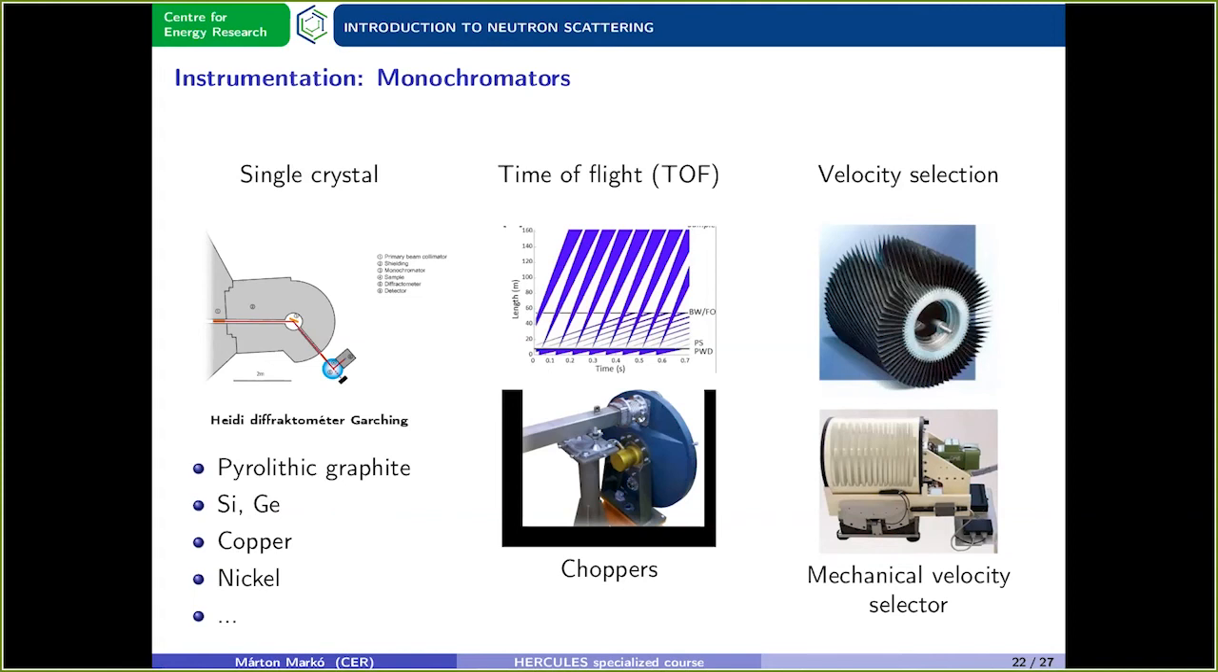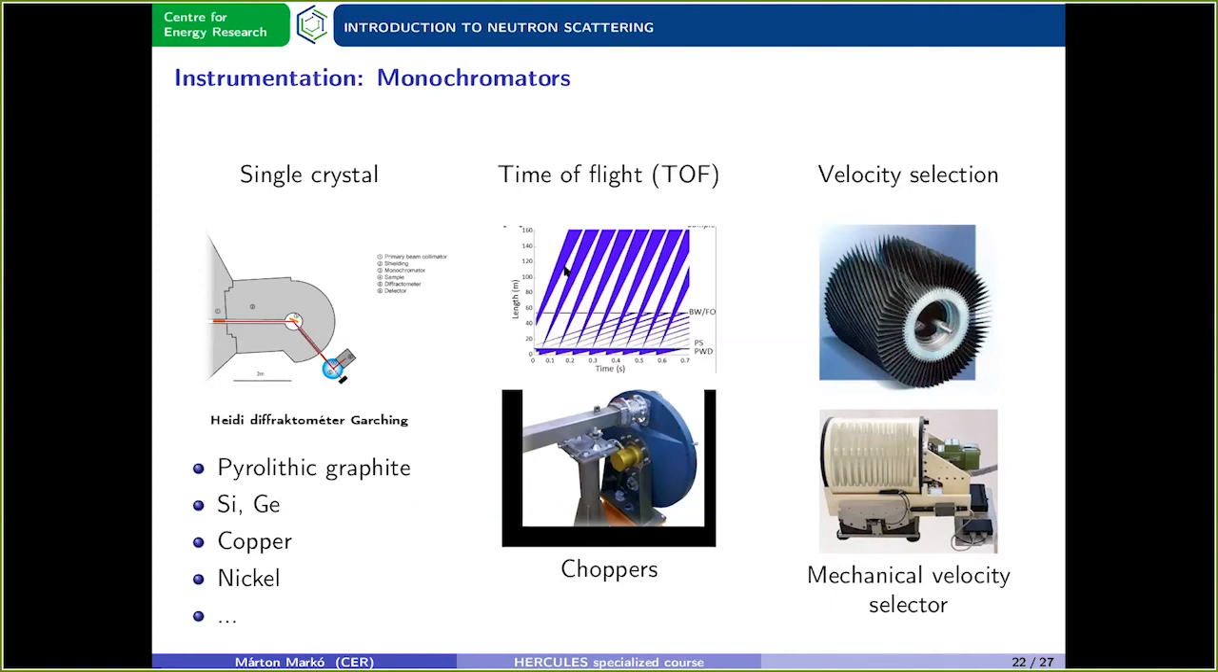In the case of neutrons, the monochromators are of high importance. So we can monochromatize the neutrons, I mean select one wavelength, using a single crystal, using the Bragg scattering. In this case, the single crystal reflects only one wavelength, which goes to the sample, and then we can see the diffraction. For this, we can use pyrolytic graphite, silicon, or germanium, and for smaller wavelengths, copper is better. But we also can make